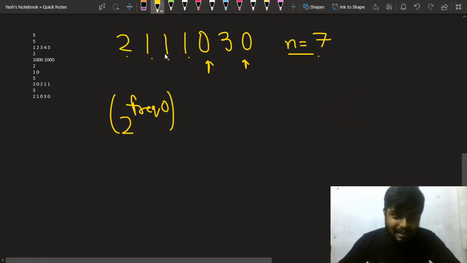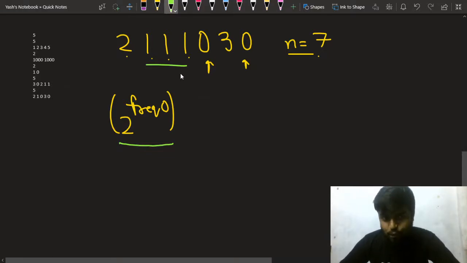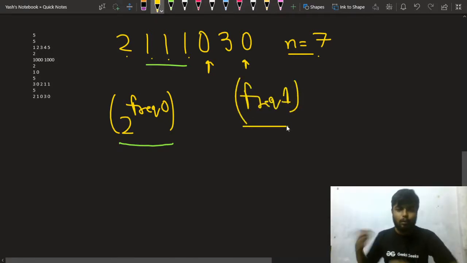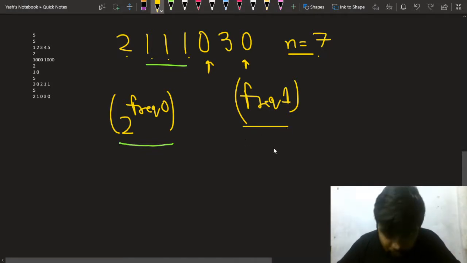So these can be the possibilities. That is why, for zeros, the combinations will be nothing but 2 to the power frequency of 0. Now for ones, there comes a special case. Let's say you have a frequency of ones. In that case, since you want s minus 1, for the first case,